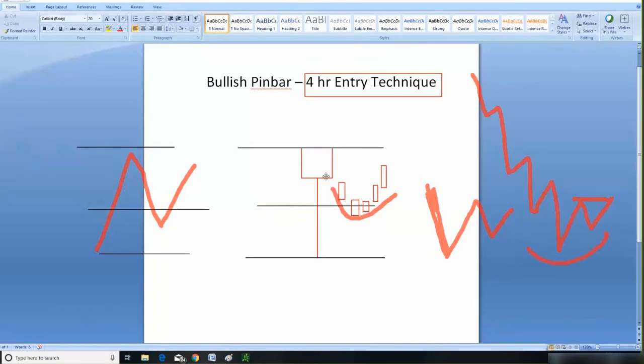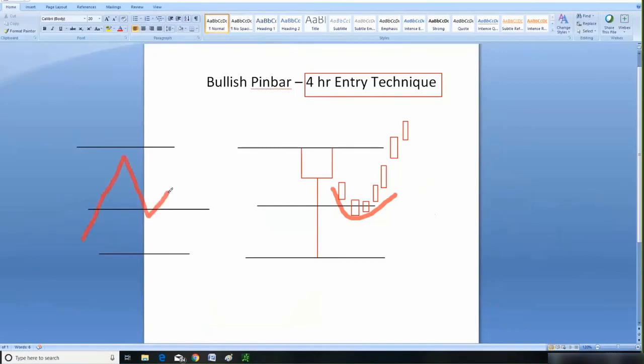Okay, so whenever price comes down to here, this over here is a W pattern. Okay, it's a reversal. And then we would assume price will continue to work itself up. So what I'm also looking for on this bullish pin bar is that if price comes down here and gives me a W pattern, okay, a W pattern